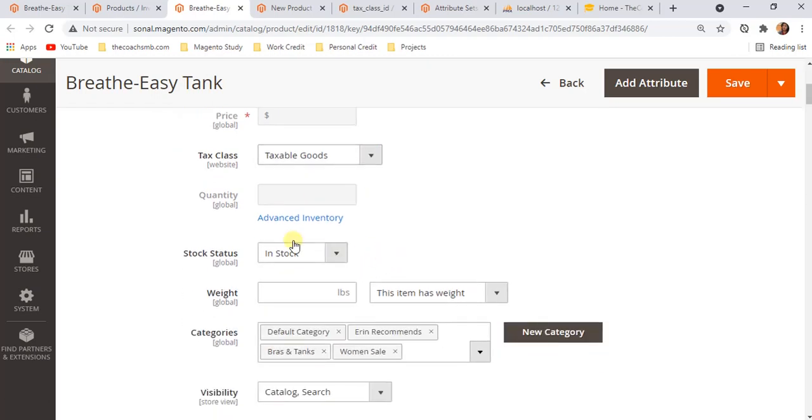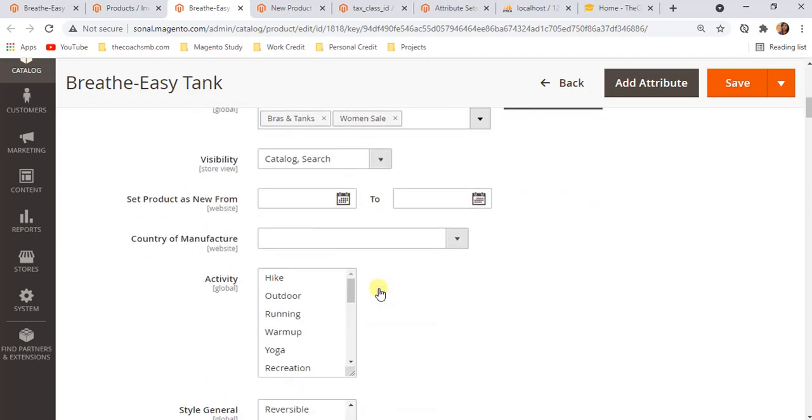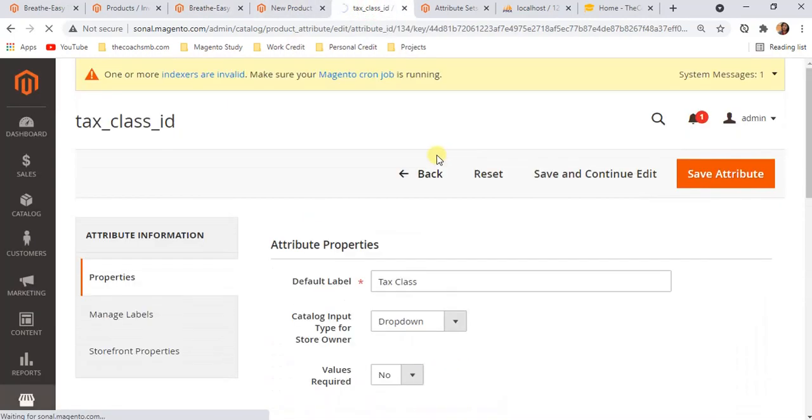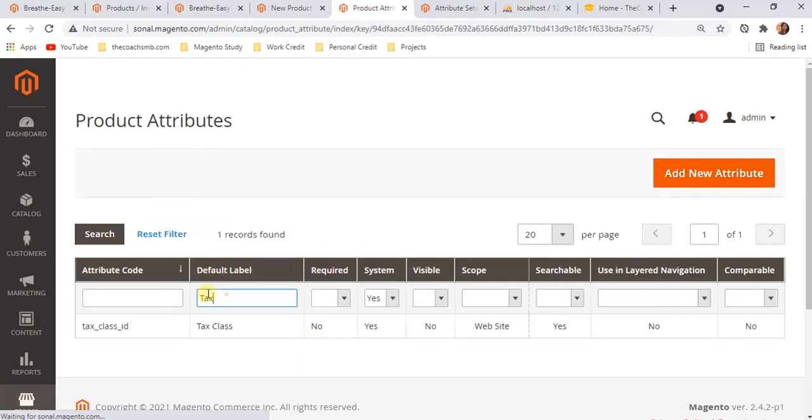So one more drop down attribute is stock status, right? Okay, now let's understand this. Set product as new from, right? Let me just copy the text, okay? So we will see what kind of input data type this is. Click back here so that we can go to the list of the attributes. Yeah, so here search.